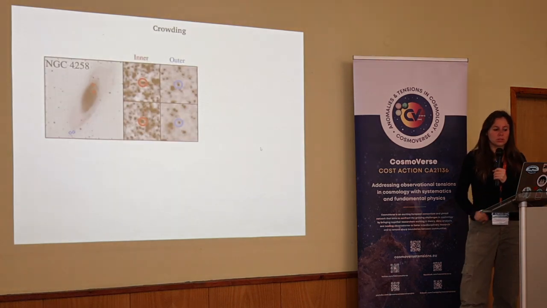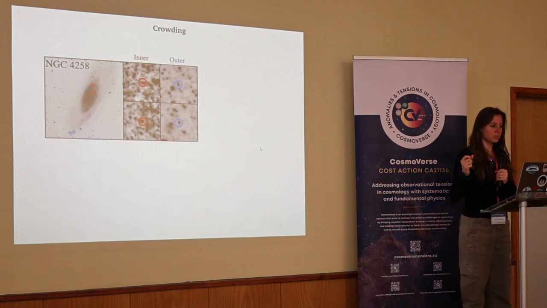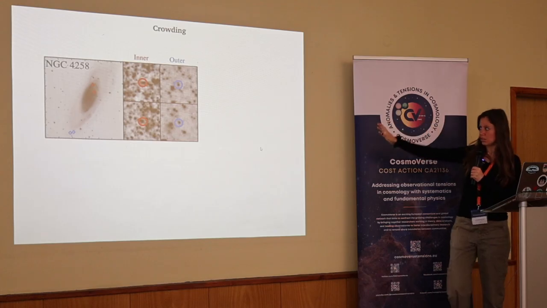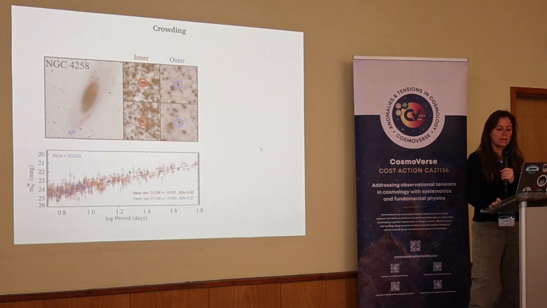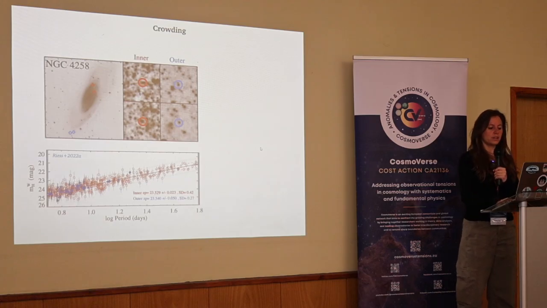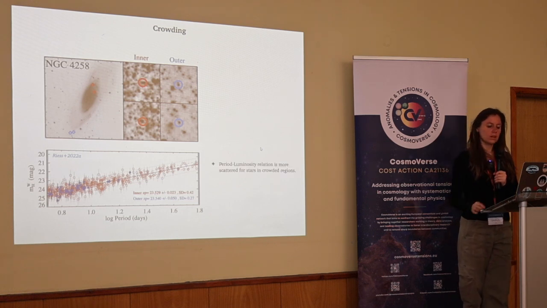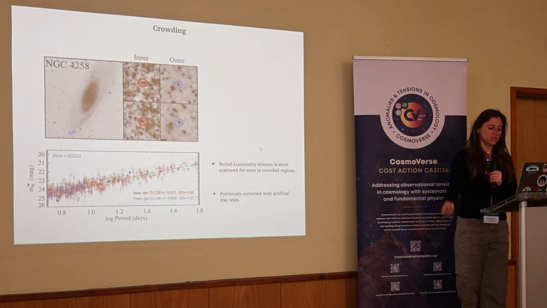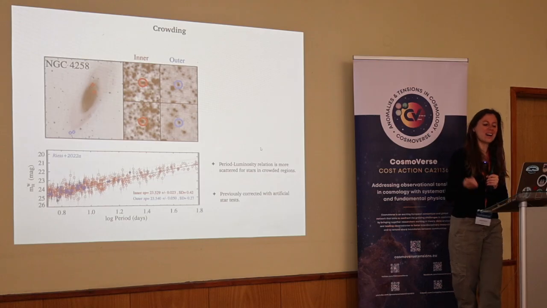Something you can also do to see crowding is to compare Cepheids in inner regions of some galaxies versus outer regions of galaxies. You can really see the difference. It's much more crowded in the inner regions. And if you plot the period luminosity relation in this galaxy with red stars showing the inner regions and blue stars showing the outer regions, it really shows more scatter, so more uncertainty. So yeah, it used to be corrected by injecting artificial stars, but now we have the James Webb Space